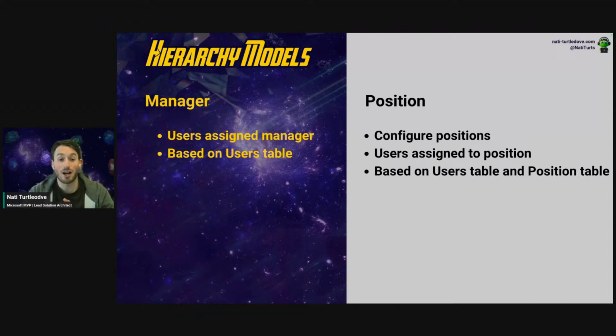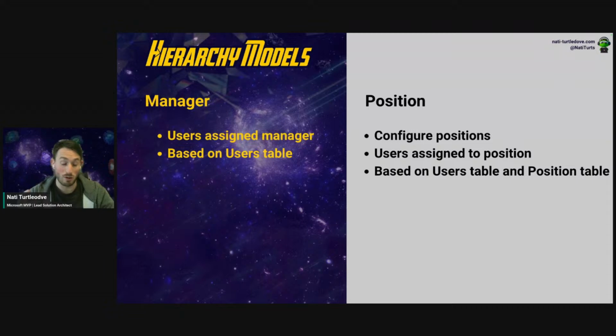But if we look at our manager hierarchy model, as we explained, if a user were to create a record, their direct manager would then be able to view that record. What's also nice is there's some really nice validation within these models. So you can't create a hierarchy loop. If we were to say, create a user called Hulk, and he would report to Iron Man, and Iron Man would report to Nick Fury.